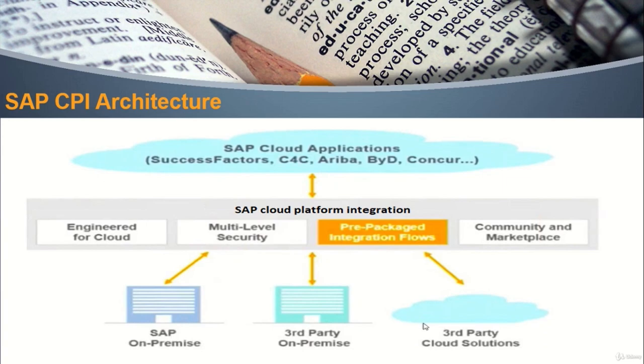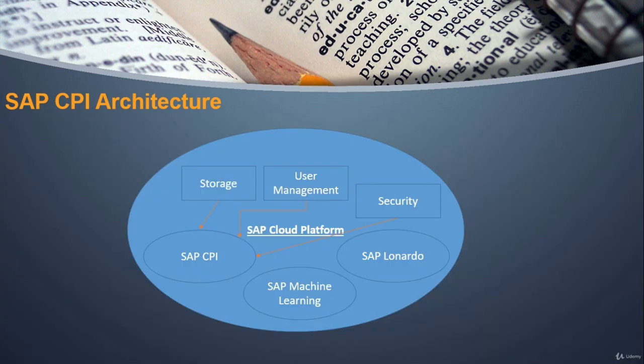Now, all of these companies may not be using ABAP, they may not be using the IDoc format or anything. They may be having their own technology, and most of it may be related to Java. So our integration tool which we are going to use should be able to adapt and should be able to use all these technologies and should be able to communicate within itself. So that's the reason why SAP has come up with CPI.